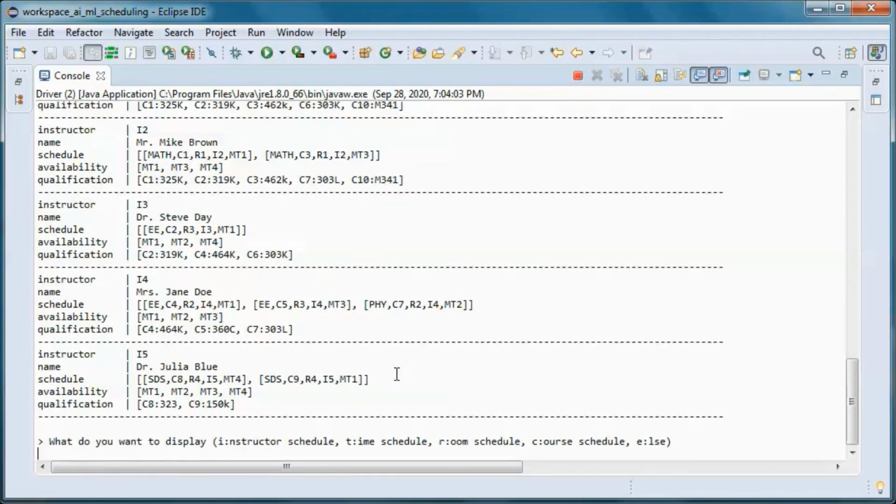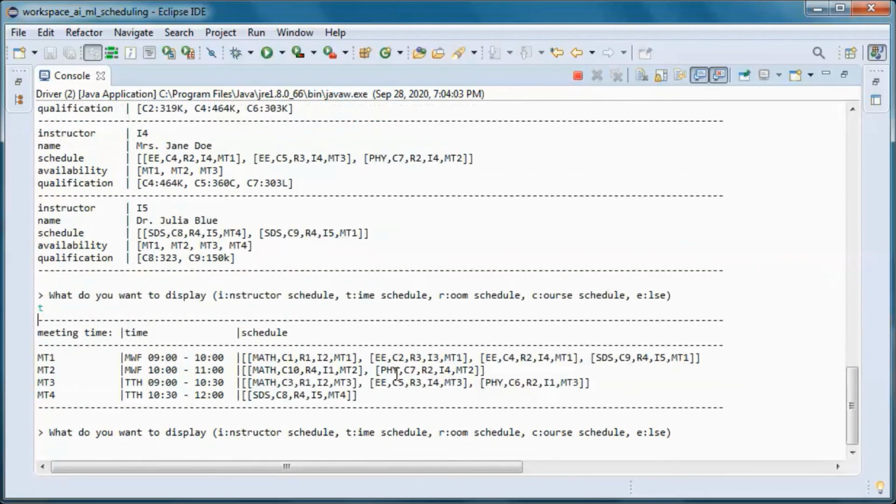Now from the time schedule perspective, we have those 4 courses scheduled to be taught from Monday, Wednesday, Friday from 9 to 10 in room 1, 2, 3, and 4. And on Monday, Wednesday, Friday from 10 to 11, we have those 2 courses in room 4 and room 2.